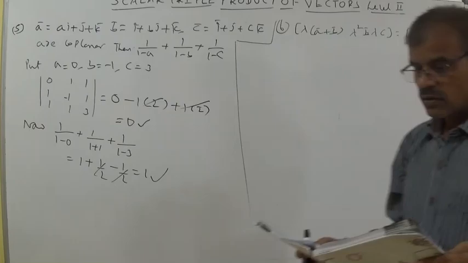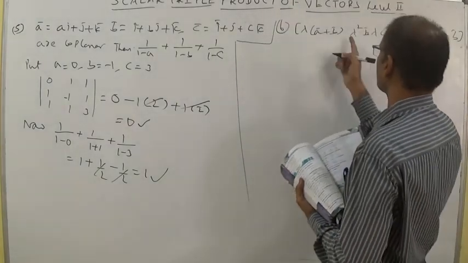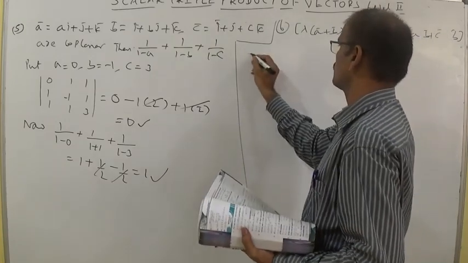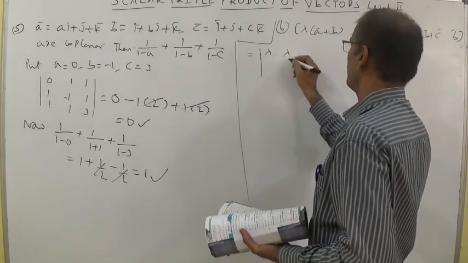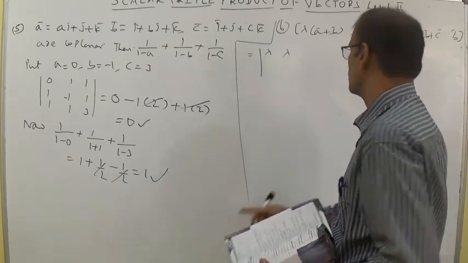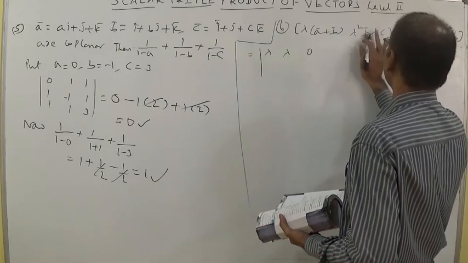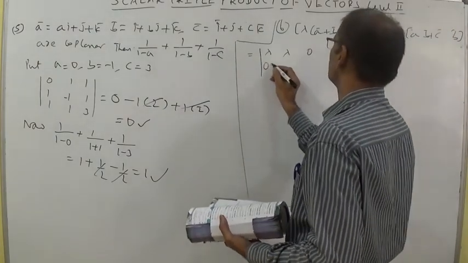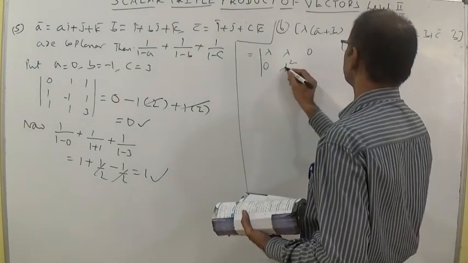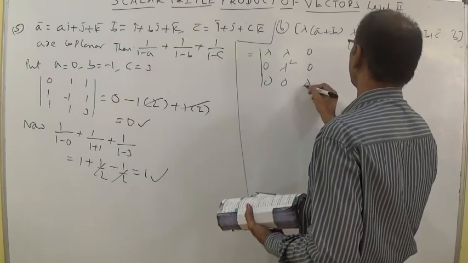So the first thing we should try to understand is lambda. This is a vector, this is another vector, this is another vector. So using lambda A here, lambda A plus B, there is no C. That is why if you write lambda, here it is 0. Here only B is there. Only B means there is no A, so you write 0. Here lambda square, there is no C, so you write 0. Next to 0, 0, lambda.